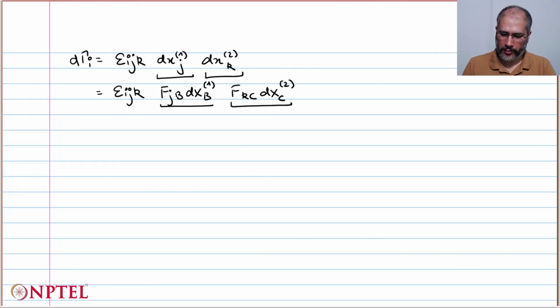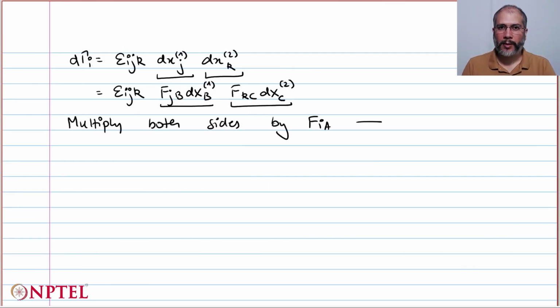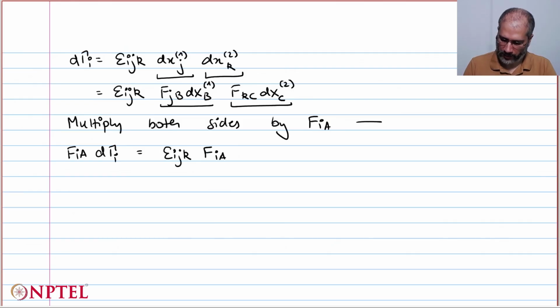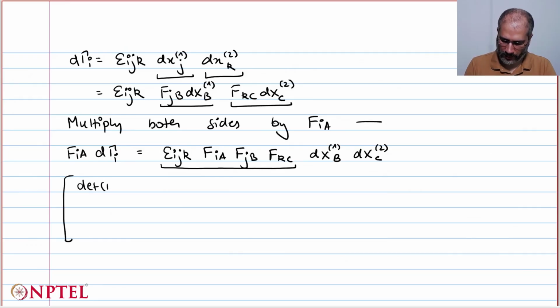And then we'll multiply both sides by F_iA, and soon we'll see why we are doing all this. So this becomes F_iA times dΓ_i, and this is epsilon_ijk. I'll club all the F's together, so F_iA, F_jB, and F_kC, and then we have a dX_1B dX_2C. Let's look at this part, and in fact I will recall that the determinant of a matrix, let